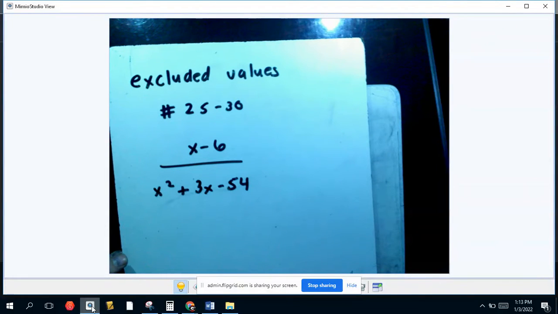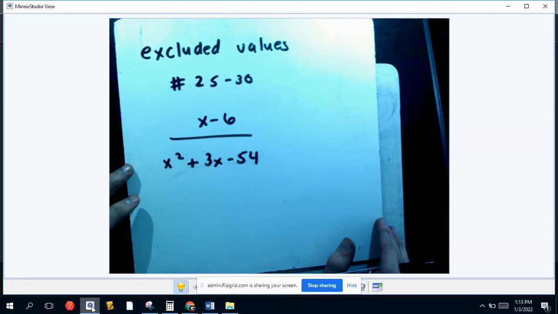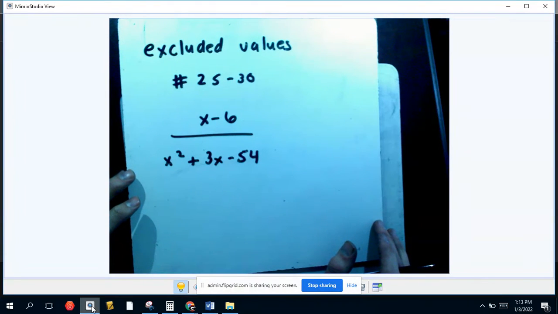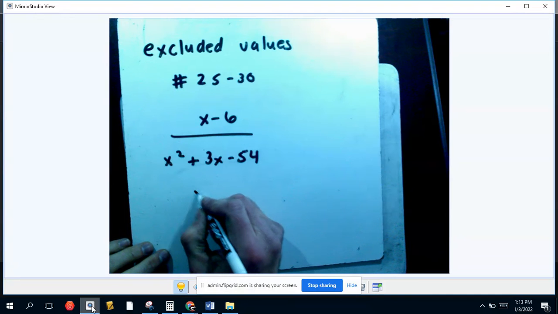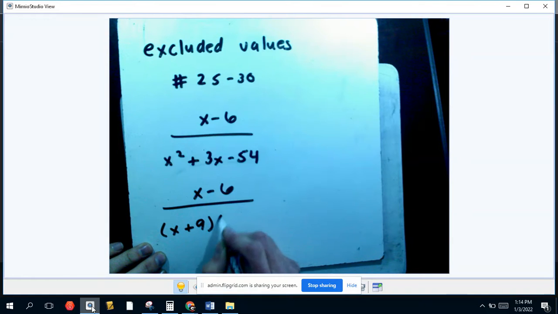Okay, so we got problems 25 through 30 here where it says excluded values. Now, excluded values are values that should be left out or should not be included. You'll sometimes hear this called undefined values. And you always want to focus on the bottom here. So we have a numerator, but it's not going to be relevant. We're going to focus on our denominator